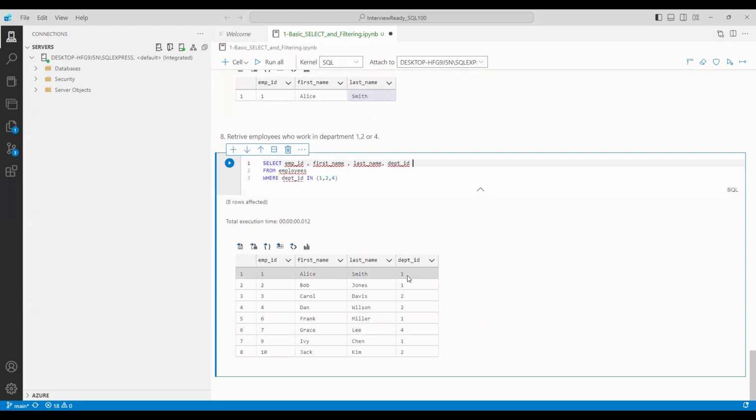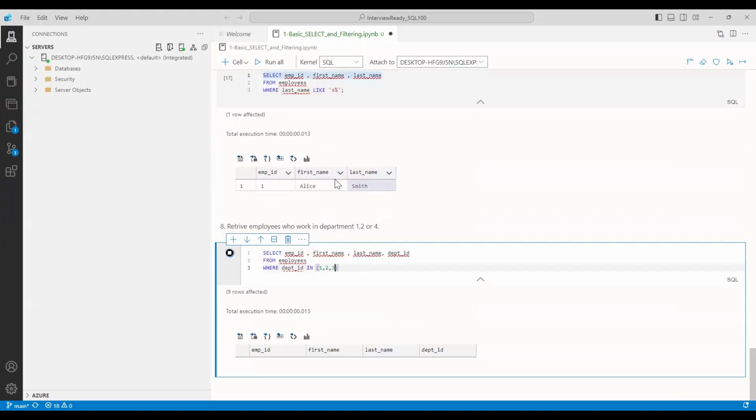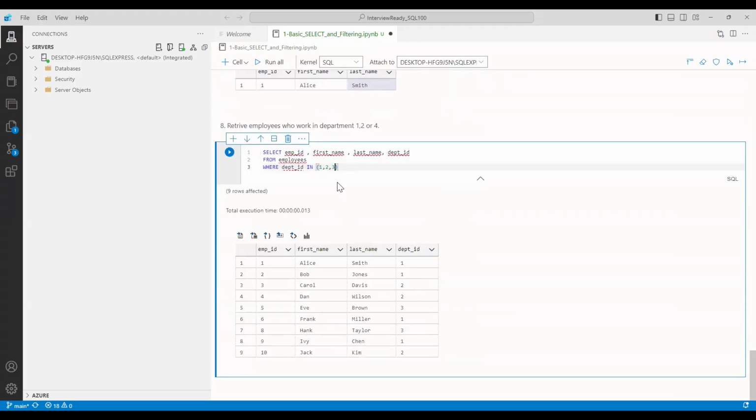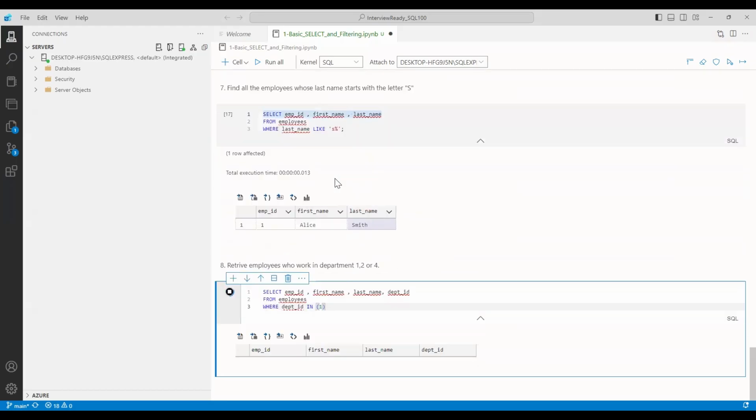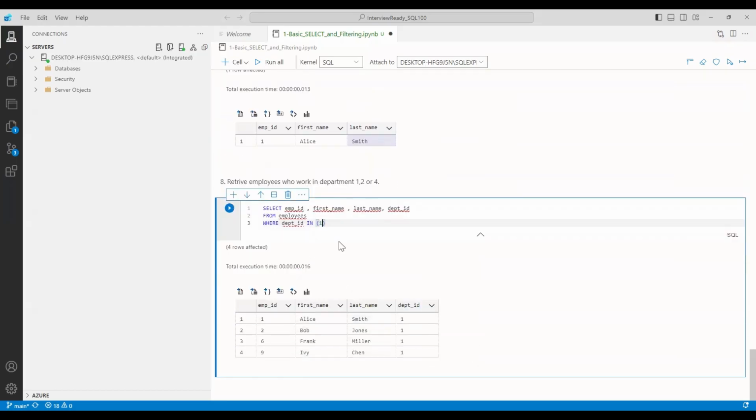Okay, here you go. One, two, and four are there, not three. If you want three, then you can get the third department, not the fourth. This way we can add it. If you want a single department, that is also possible. Let's say I want the data of a single department, the first department. That can also be possible. But in that case, we should not use